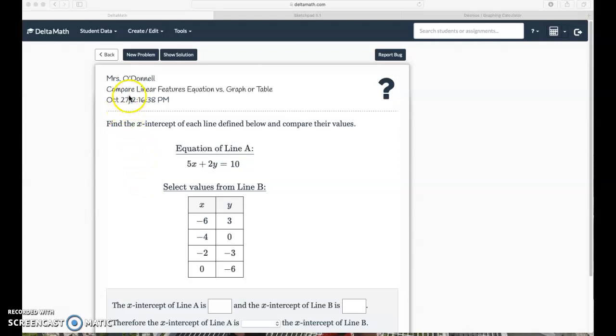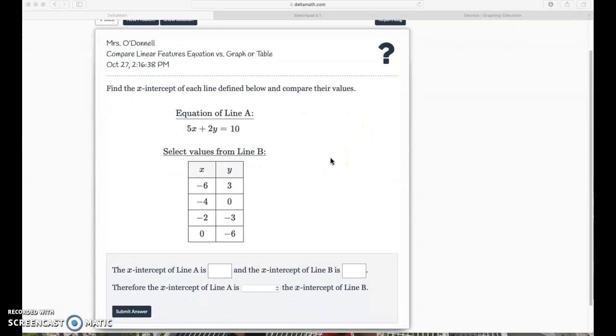All right, next is compare linear features equations versus graph or table in our Delta Math assignment. So the question here says, find the x-intercept of each line defined below and compare their values, right? So they want to know the x-intercept. So we want to think about, okay, if I'm looking at my x-intercept, I am looking at where my line